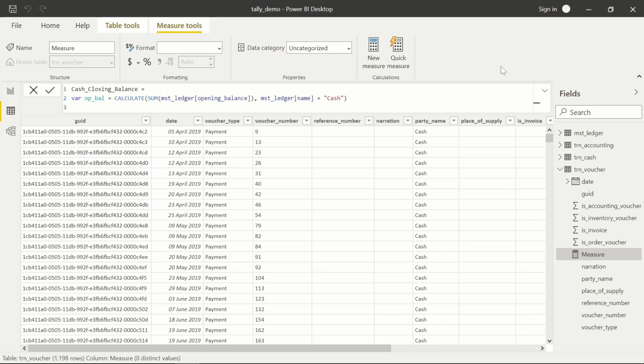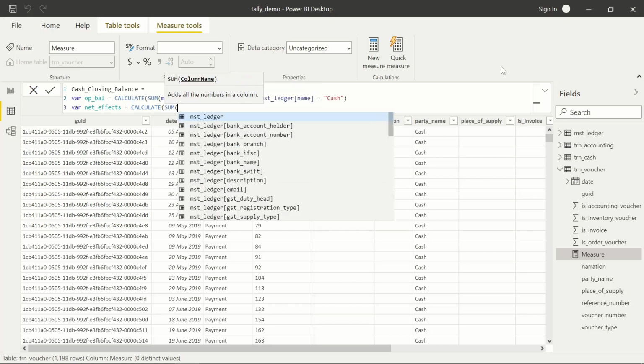Shift enter. Now let us declare second variable, net effects. Again calculate. Now I have to sum all the rows of TRN voucher where cash in the ledger is written.